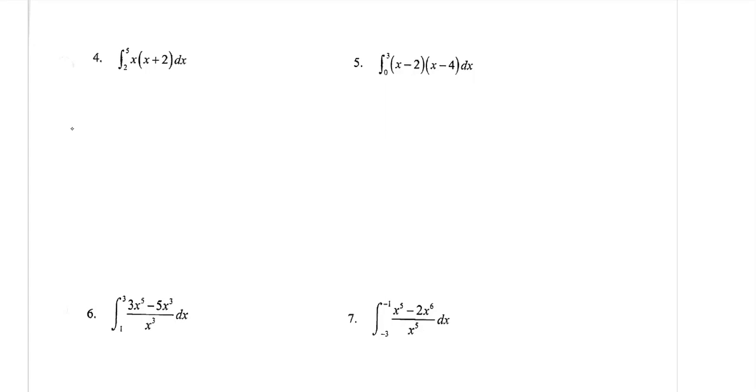So I'm going to expand first, keep my integral sign there between 2 and 5. Expanding will give me x squared plus 2x dot dx. The dx at the end is just reminding you that you're integrating dx. I know it doesn't actually say d, I don't know, bad joke. So you're integrating dx because